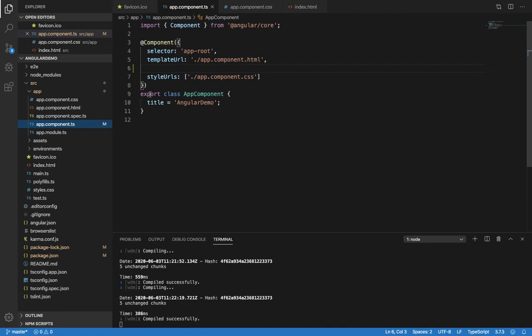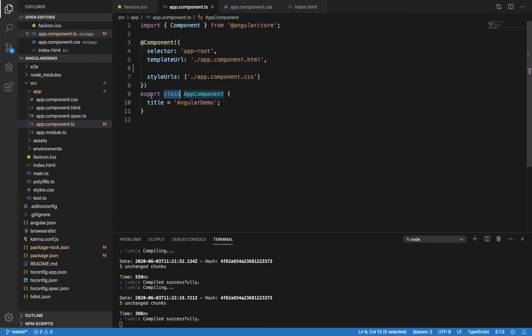And next, what is this export keyword and what is this class keyword? This class keyword is similar to a C# class or a Java class, right? Basically in C# or Java, a class has methods and properties, where in methods we define the logic to display in the UI, and in properties we define the data that needs to be bound to the UI, right? Similar to that, the Angular class is also going to have some methods and some properties.